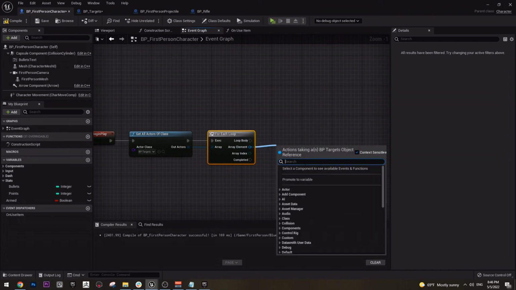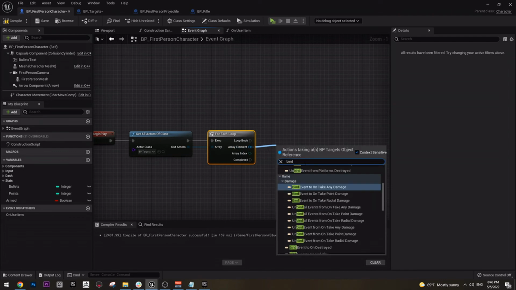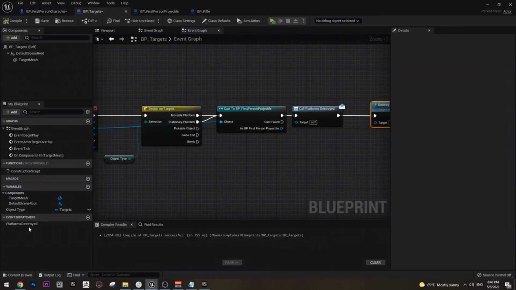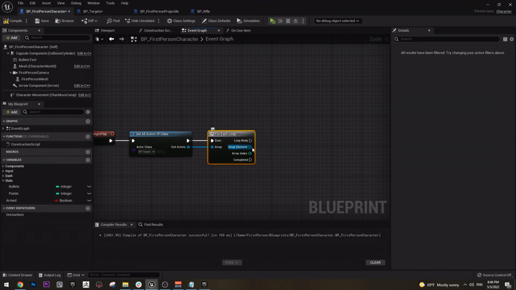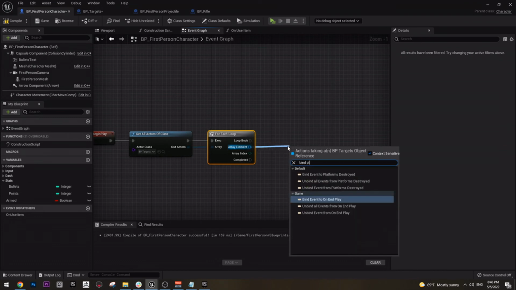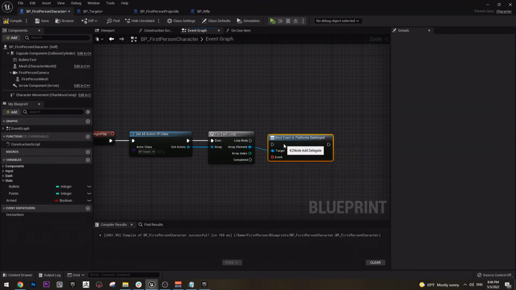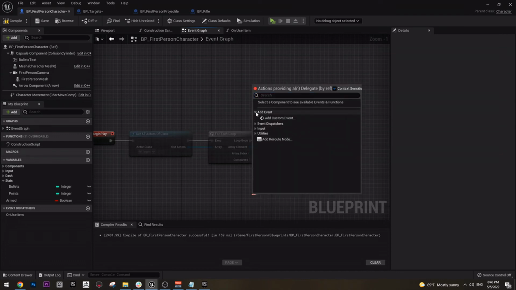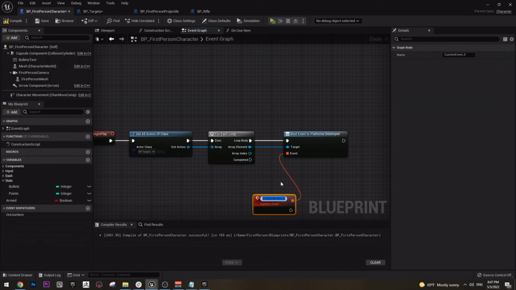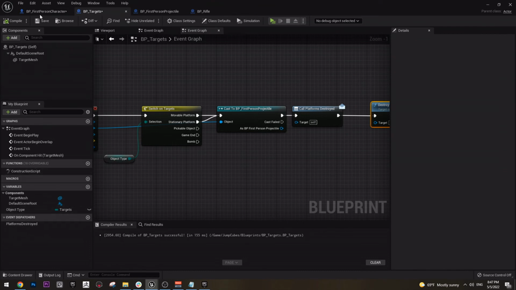So we're going to bind. We named it, how do we name it, platforms destroyed, so we just need to bind platforms destroyed, and now we bind something to here, right? And we create an event, and we can call it platforms destroyed event. And here now we can bind the functionality to our event dispatcher that we created in the